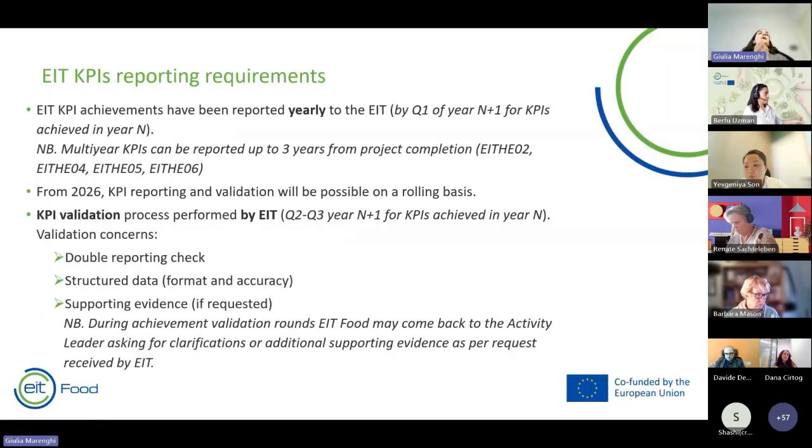So EIT KPIs achievements are usually reported yearly to the EIT. Usually they are reported by Q1 of year N+1 for the KPIs that were achieved in year N. So for example, now you will be requested to report on KPIs achieved in 2025, and the finalization of the reporting of these achievements will have to be performed by Q1 2026 from EIT Food to the